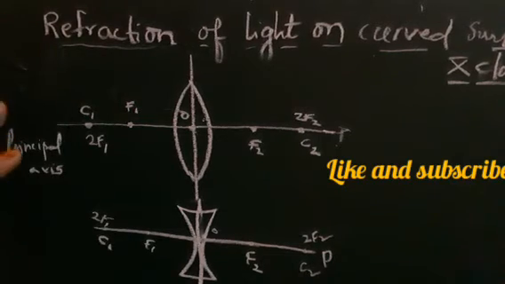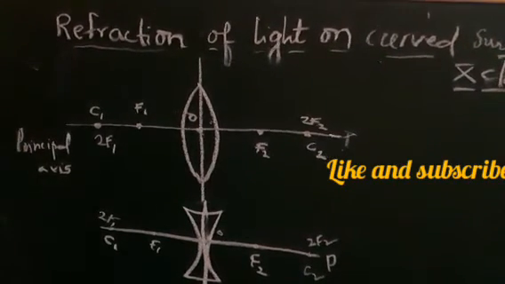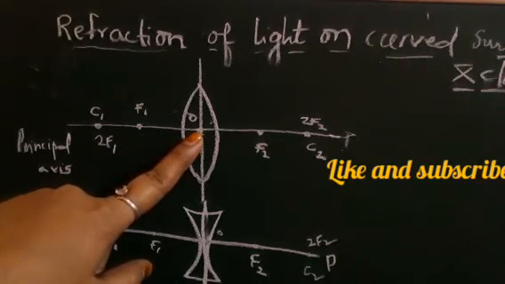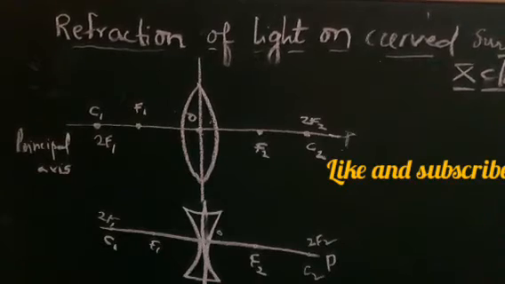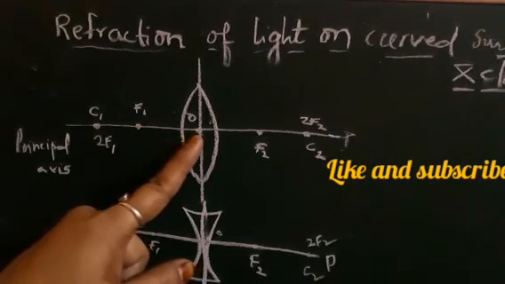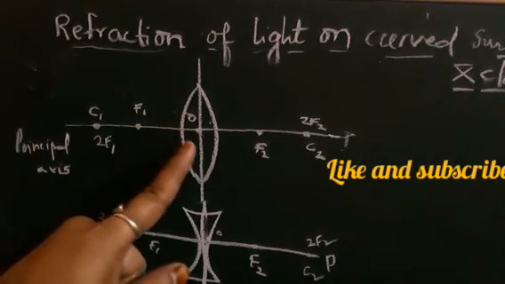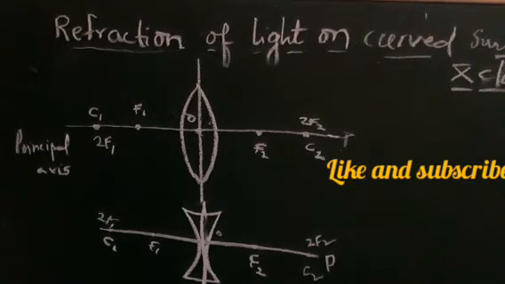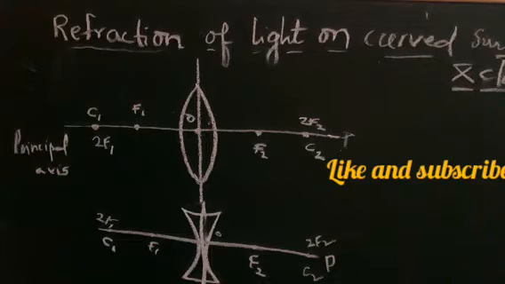Okay, now the distance from the focus and the optic center is called as what? Focal length. Distance from the focus point and the optic center is called the focal length. Yes. So based on the behavior of certain light rays when they are incident on a lens, we have four situations. Okay, let us know what those situations are.